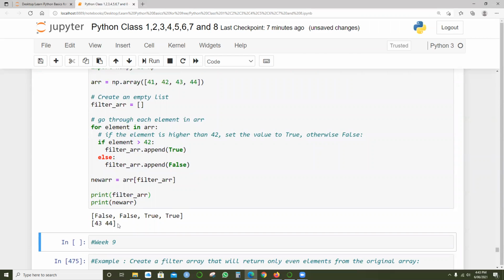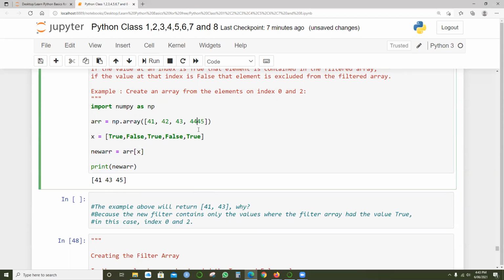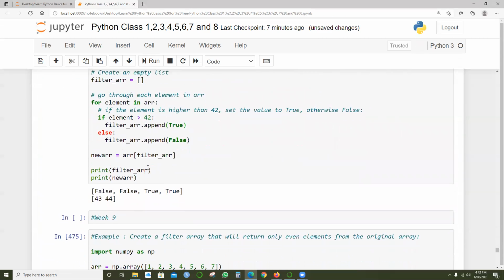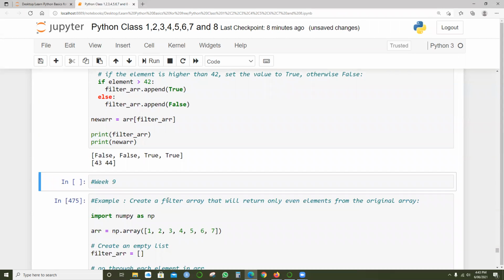Then based on that, it's picking up the values 43 and 44. The same thing, the same category, we are printing over here. For example, if I remove the last elements which I've added, to get rid of the confusion, okay, so 41, 43. The same method over here, but this time we're saying the element is 42, then it's picking up. So we're creating these booleans false, false, true, true, and based on that we're printing the values.